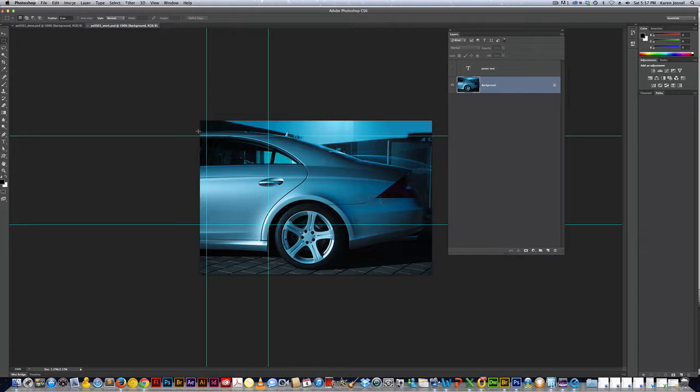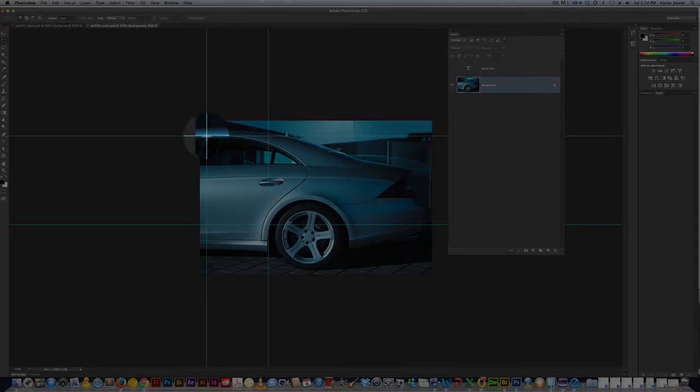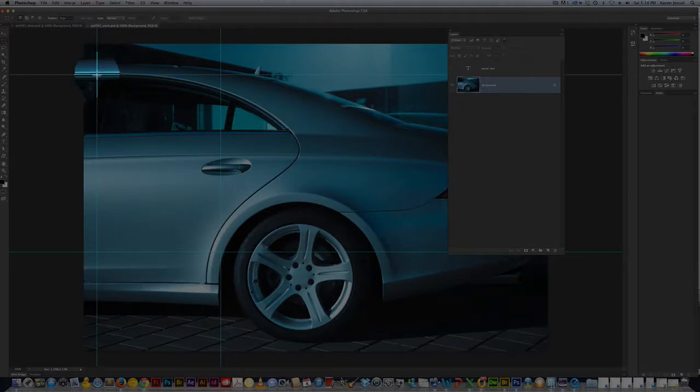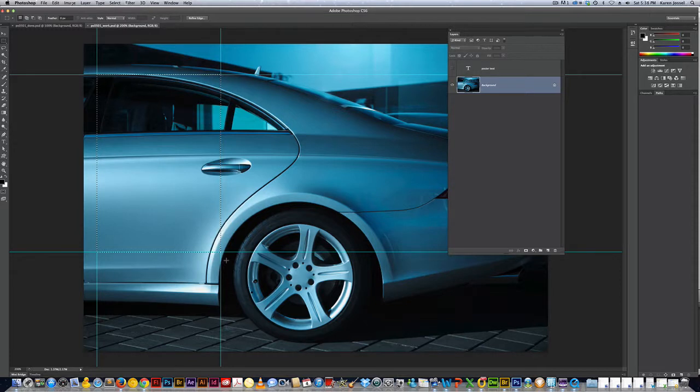Okay, so I'm going to set my cursor here. In fact, I'm going to zoom in. Command plus, if you're on a PC, Control plus. Now I'm going to put my cursor there and drag a rectangle. Now that I've dragged the rectangle, I'm going to get an adjustment layer. Whenever you have marching ants, which is another term for a selection,